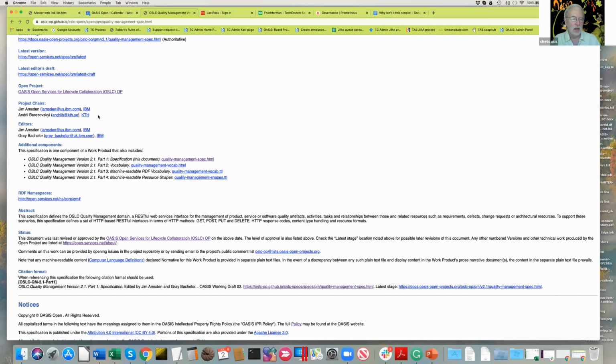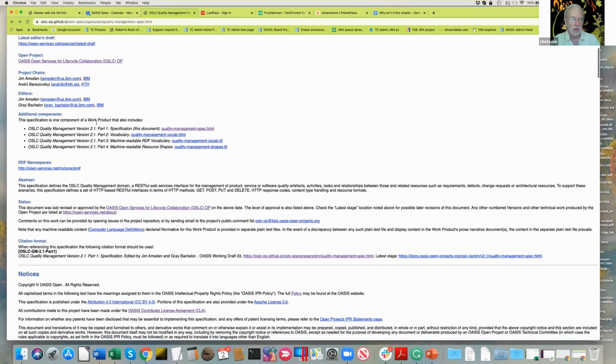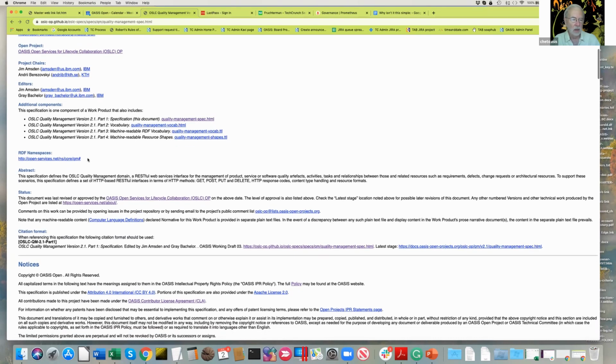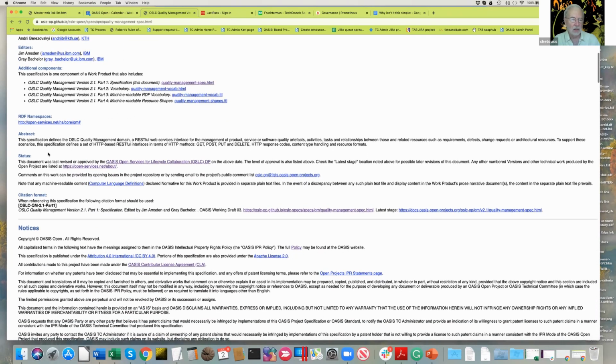The project's chairs, the project's editors, other components that go with this piece get listed here. An abstract and status, which basically gives anybody who is reading this information about what state this is in.